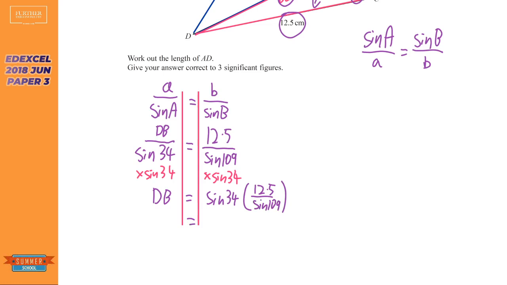Okay, so we get our calculator out and we type that in. Now, whilst I'm doing this, it's really important that I remind you that whenever you click sine, cos or tan on the calculator, it will open a bracket. And especially if they're in a fraction, you must close that bracket. So if you typed in sine 34, it will look like that on the calculator. You must close that first, then write times. Then when you do the sine 109, it will put another bracket in. You must close that one, otherwise you'll get a syntax error or maths error or something. Okay, so we get